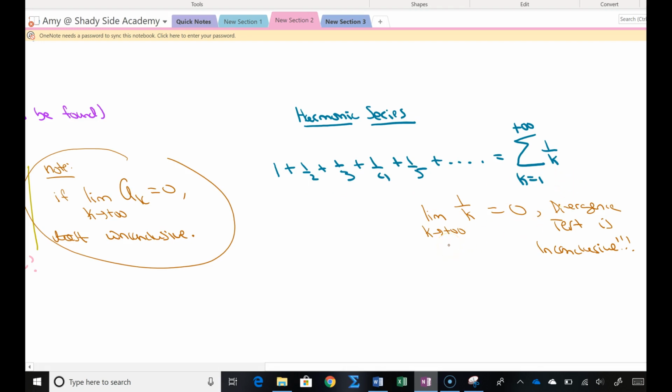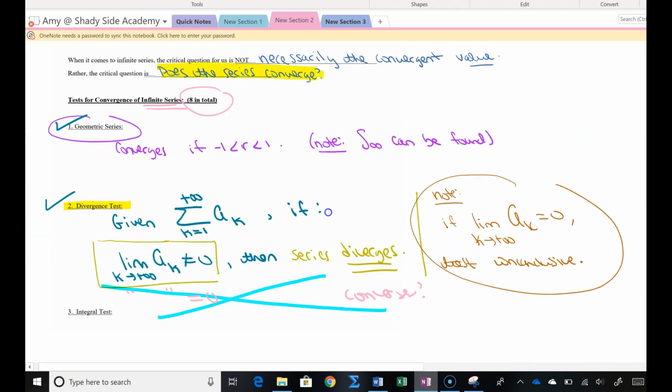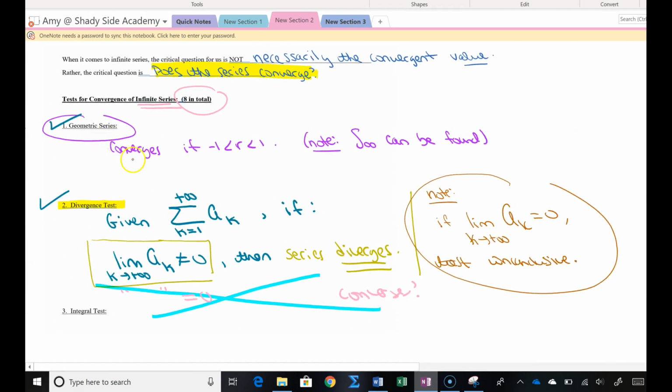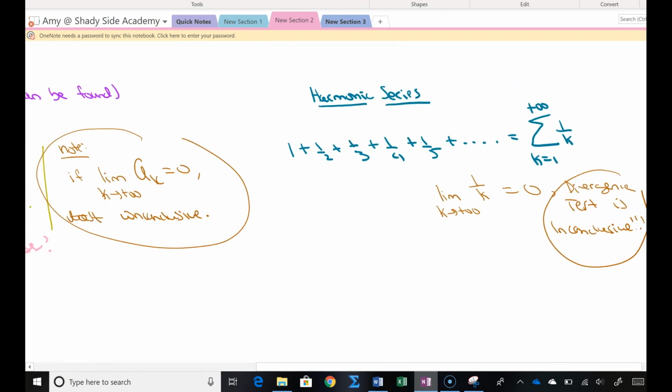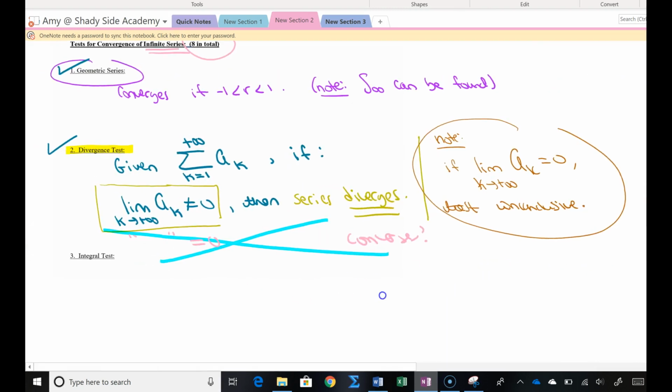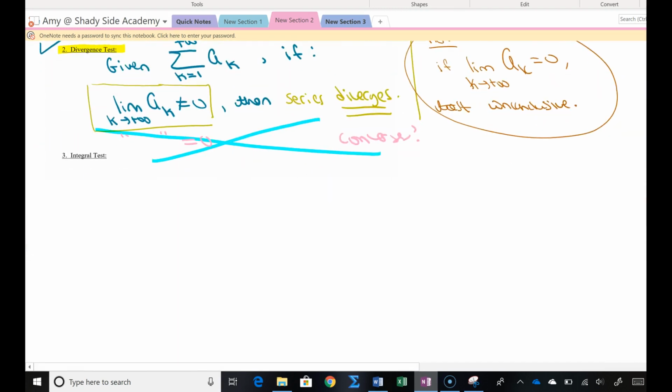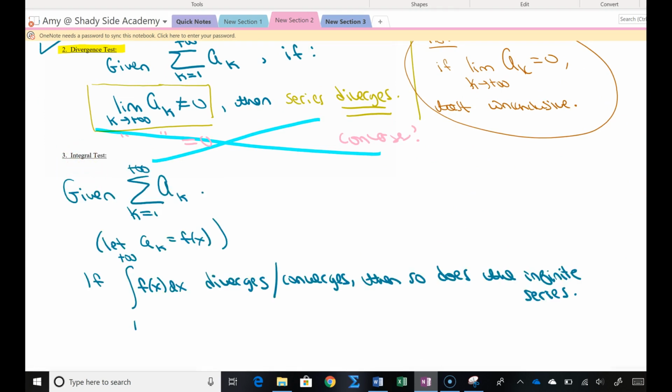Well, let's see. So the divergence test is inconclusive. The geometric series test, the test for whether or not a series is geometric, we can't even use that because there is no r. The series isn't geometric. Let's see if we have another test at our disposal. Let's try the integral test. The integral test says the following. Okay, the integral test says the following. Given an infinite series,